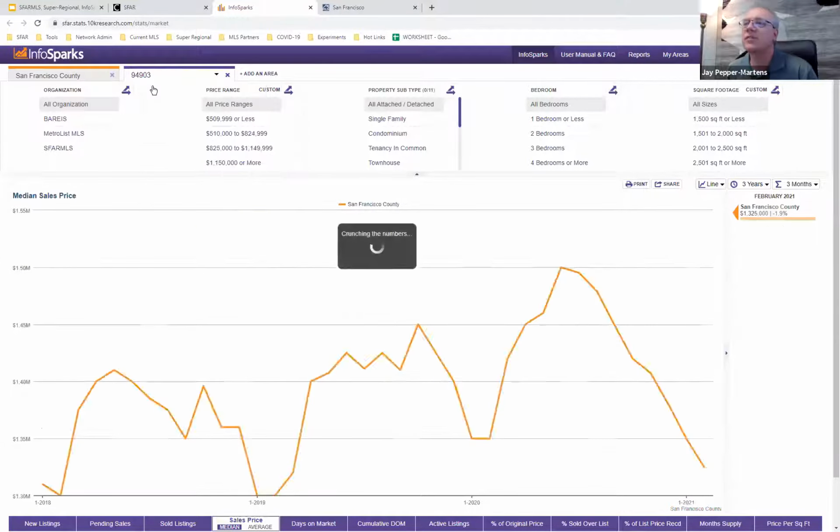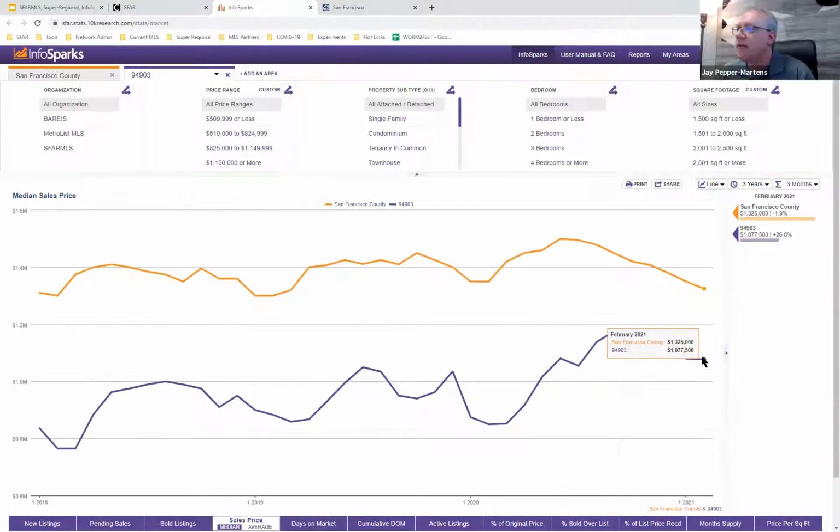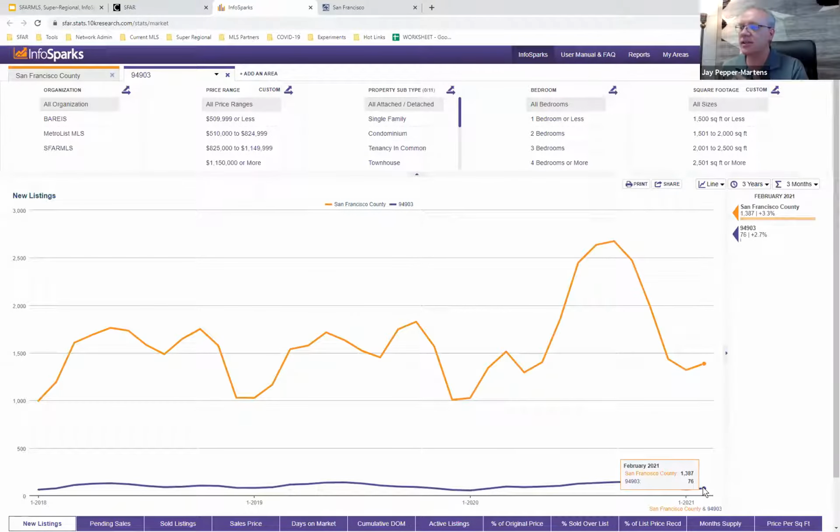So I can look at a specific zip code that's down the peninsula and compare that data to the city. And that gives me, again, all of the dimensions that I want to recalculate on. I can look at new listings. You can see in that specific area, for February, 76 new listings just in zip code 94903, whereas in the city, of course, we had 1,300. I can go through all of the different metrics and dimensions along the bottom, and I can look at any